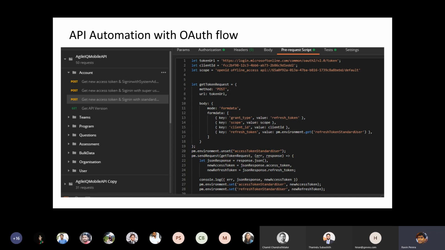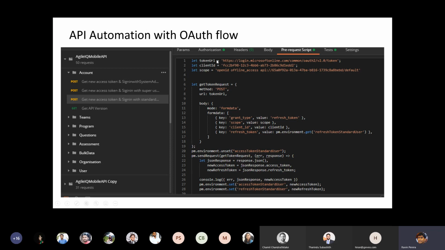They have come up with a very neat, successfully working script set. I think in the future we could use this in other projects as it is. This is an example screen of acquiring the Microsoft token, refreshing it and setting the Postman environment variables. This is mostly useful for QAs, but we had to think about it in AgileIQ because we use Microsoft authentication. And the good thing with OAuth is if we also introduce Google or Facebook, none of this logic will change.